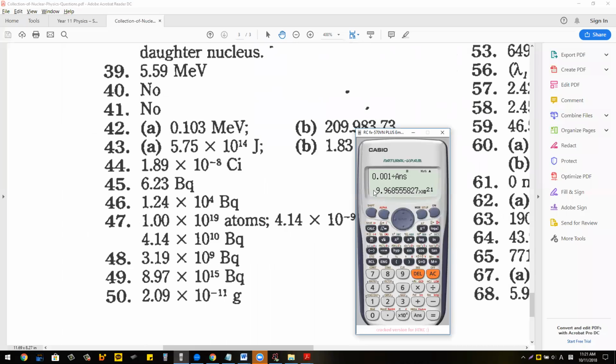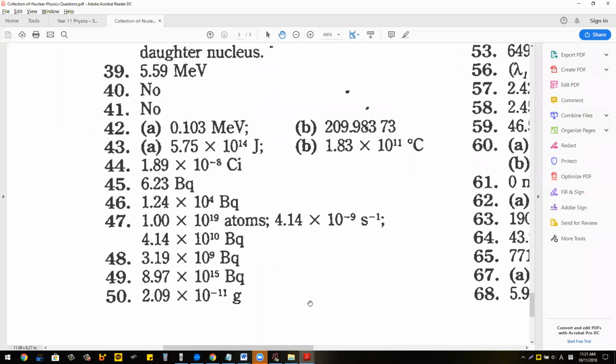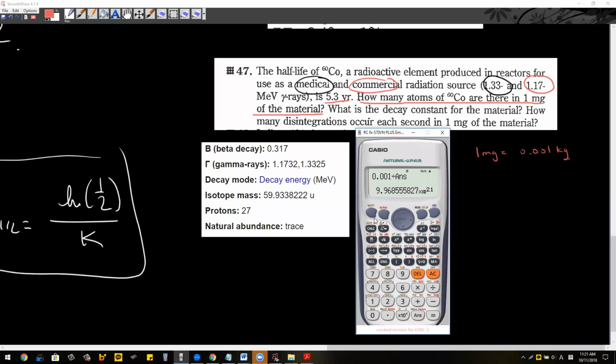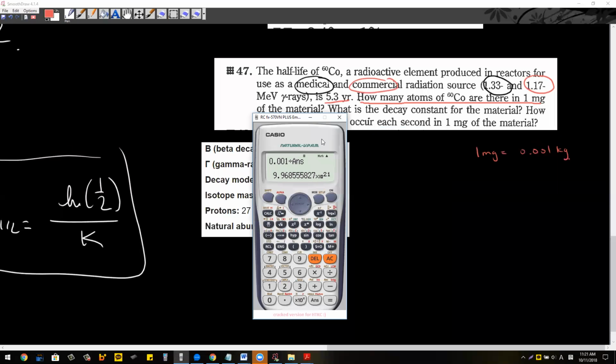So if you round it up, then you should get 20 for this one. Why is it 19? Maybe we made a mistake. I don't know. So this calculator is giving us 9 point... Maybe we missed a